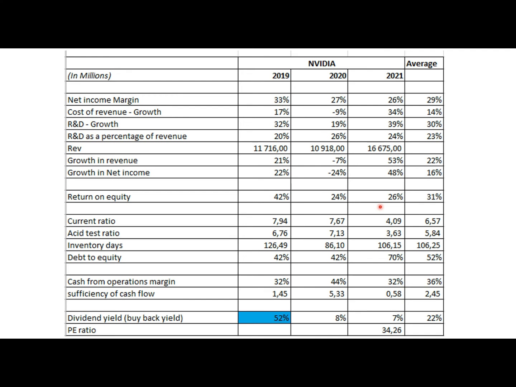Inventory days have underperformed the industry average. Industry average is just over 101 days. Nvidia's average inventory days are sitting at just over 106. Alright, so there is an underperformance. However, when you look at the asset test ratio and the current ratio, it really does not indicate a company that is heading into liquidity ruin. Even though inventory days are above industry average, just slightly, it has not derailed the liquidity of